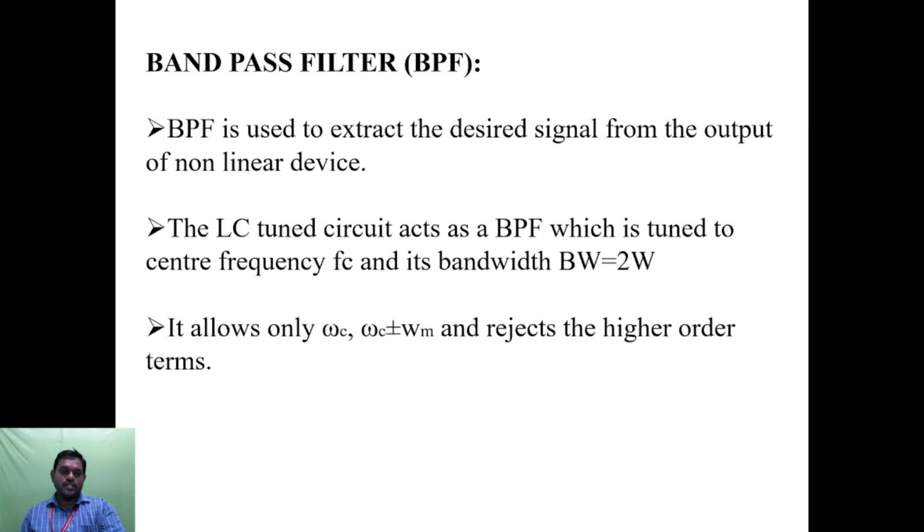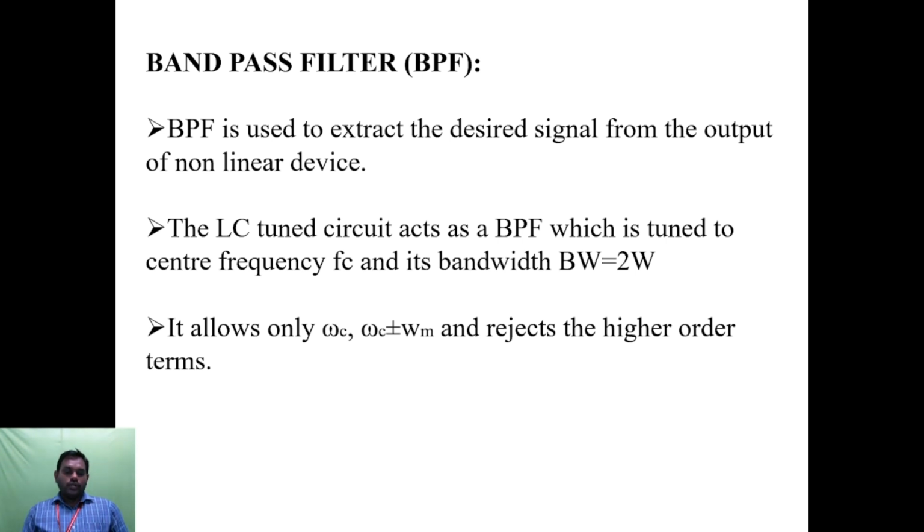Next one, band pass filter. The band pass filter is used to extract the desired signal from the output of the non-linear device. We know that the input of the non-linear device is the combination of message signal and carrier signal, but the output we are taking from the diode. The LC tuned circuit acts as a band pass filter. L means inductance, C means capacitance. Both act as a band pass filter which is tuned to the center frequency fc, or carrier frequency, and its bandwidth is equal to